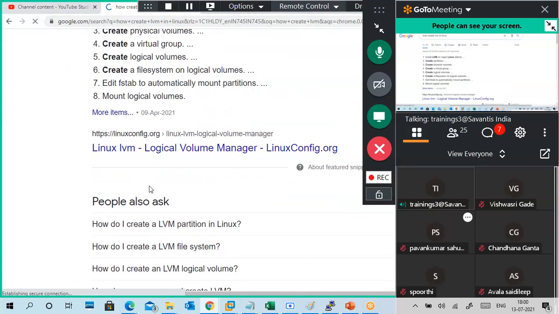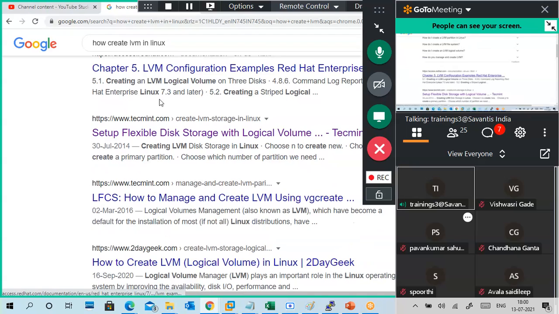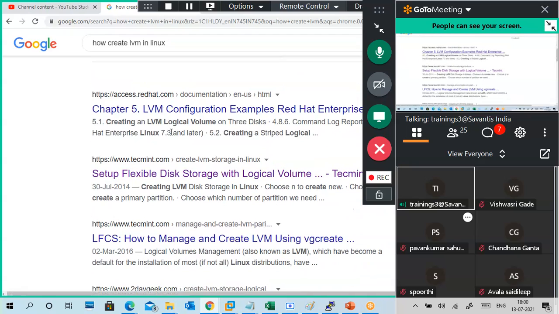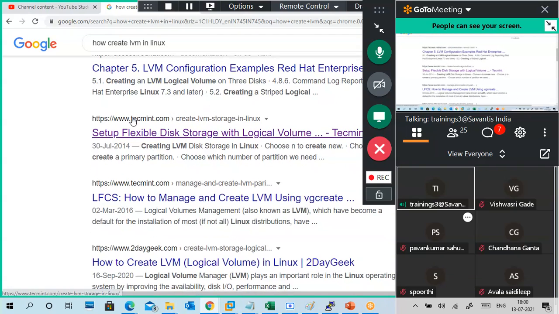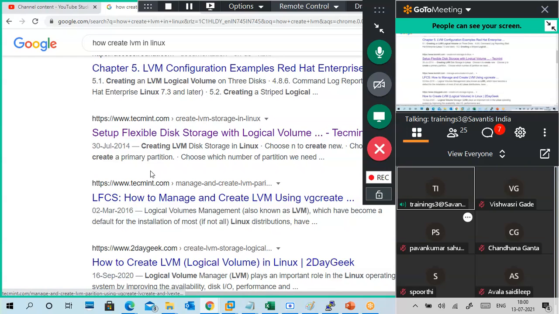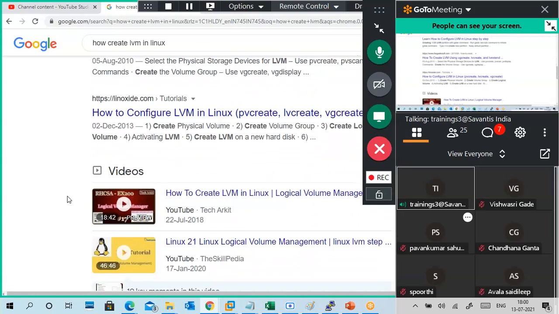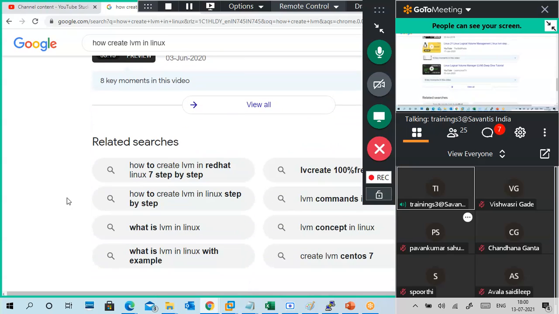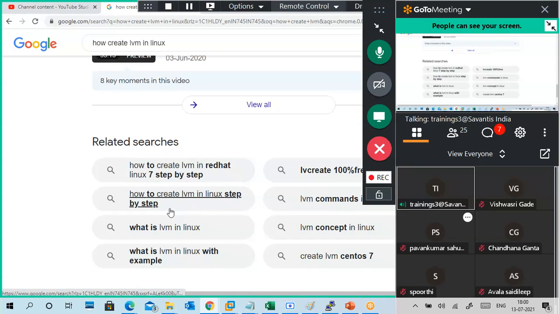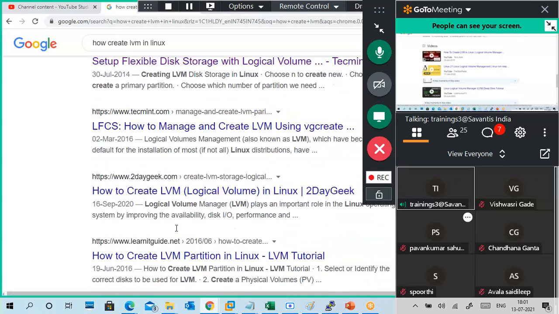Better sites: Red Hat always gives full guidelines for everything. Another one is TechMint. Then Digital Ocean. So anything you want to create, from different websites are available.